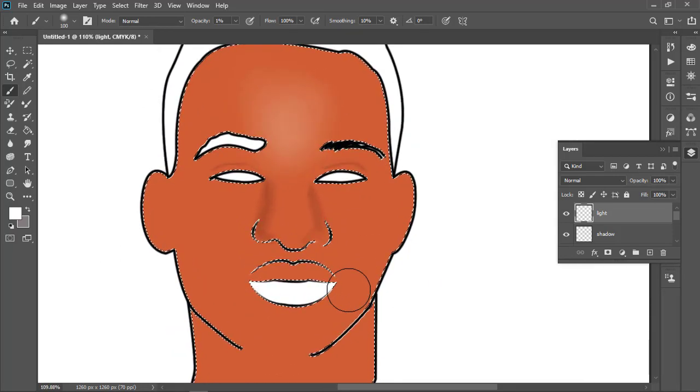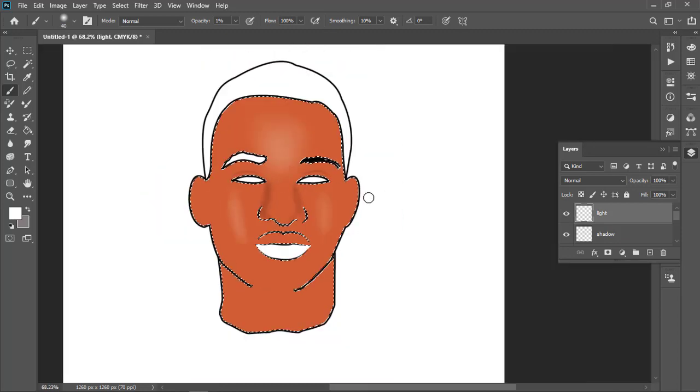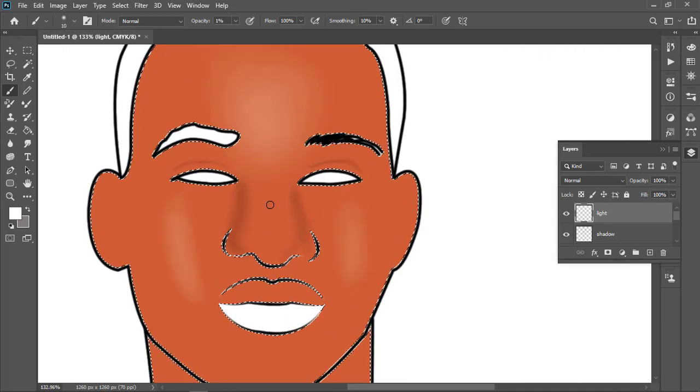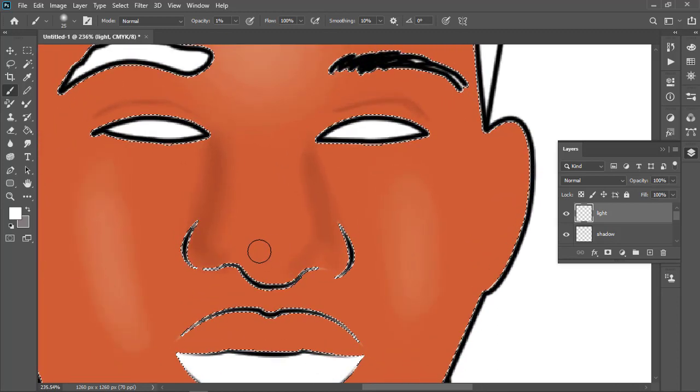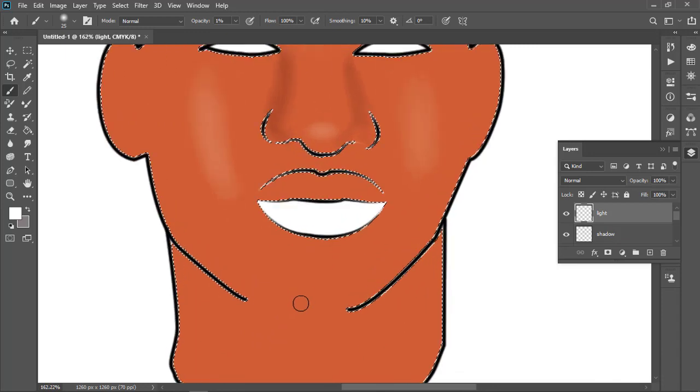You see, like that. You reduce your brush, you look for your light wherever you want light, like this. Let me say I want light here, I want light here. You see, I'm pressing my mouse on and off. Okay, let's see, I want light here. You see, like that. That's how you do it. Even maybe here. This is just a rough way to show you how to do it.